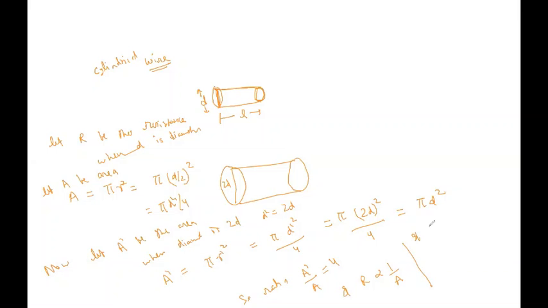If r prime is the new resistance, okay, so what can we write from this? r prime by r equals a by a prime. Yes, equal, because they're equal. So r prime by r equals a prime by a, which is 4. So r prime by r equals a by a prime, that means 1 by 4. That means r prime is r by 4.